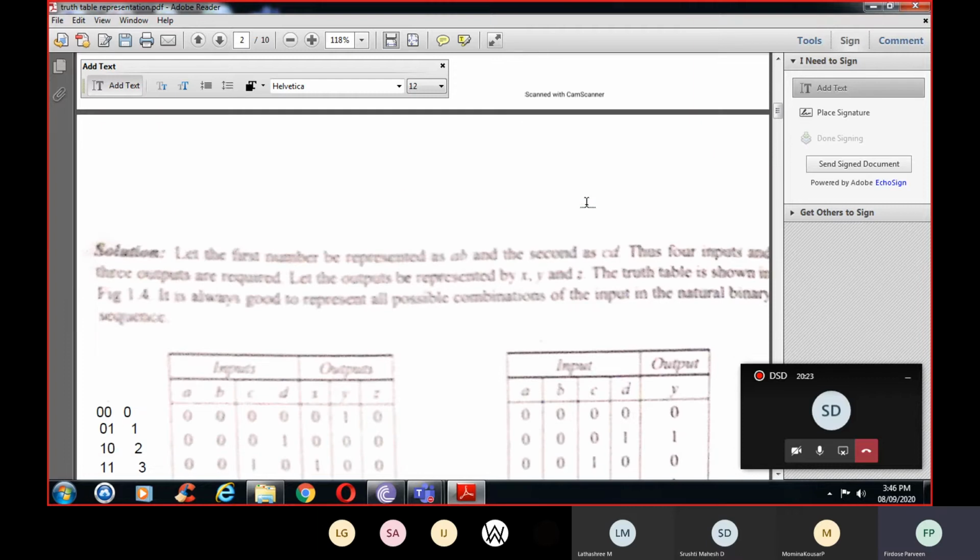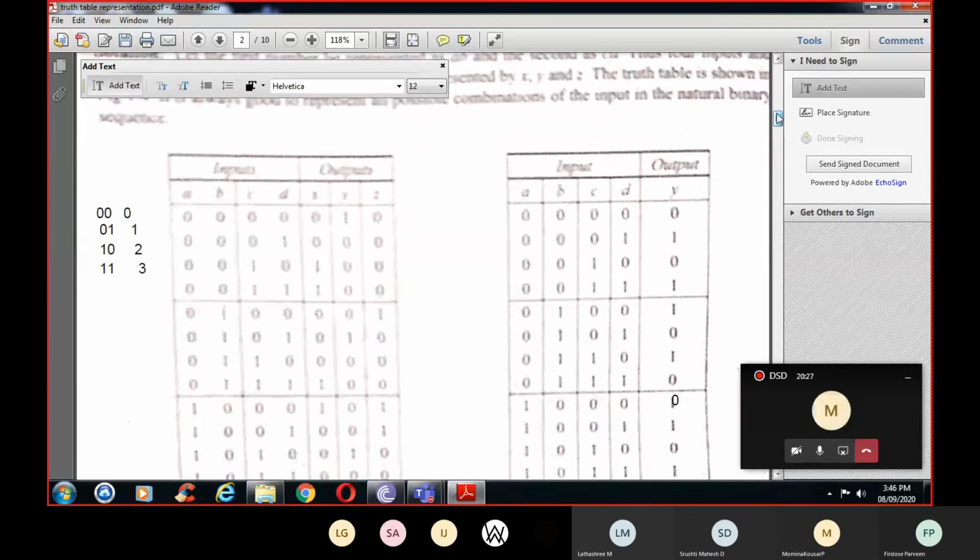So we shall see. So this is 0, this is 0. So it is not greater. This is 0, this is 1, it is not greater. This is 0, this is 2, it is not greater. This is 0 and this is 3, it is not greater. So 0, 1 means it is 1. This number is greater than this number because this is 1 in decimal notation. This is 0 in decimal notation. So 1 is greater than 0. At that output, it will be 1.